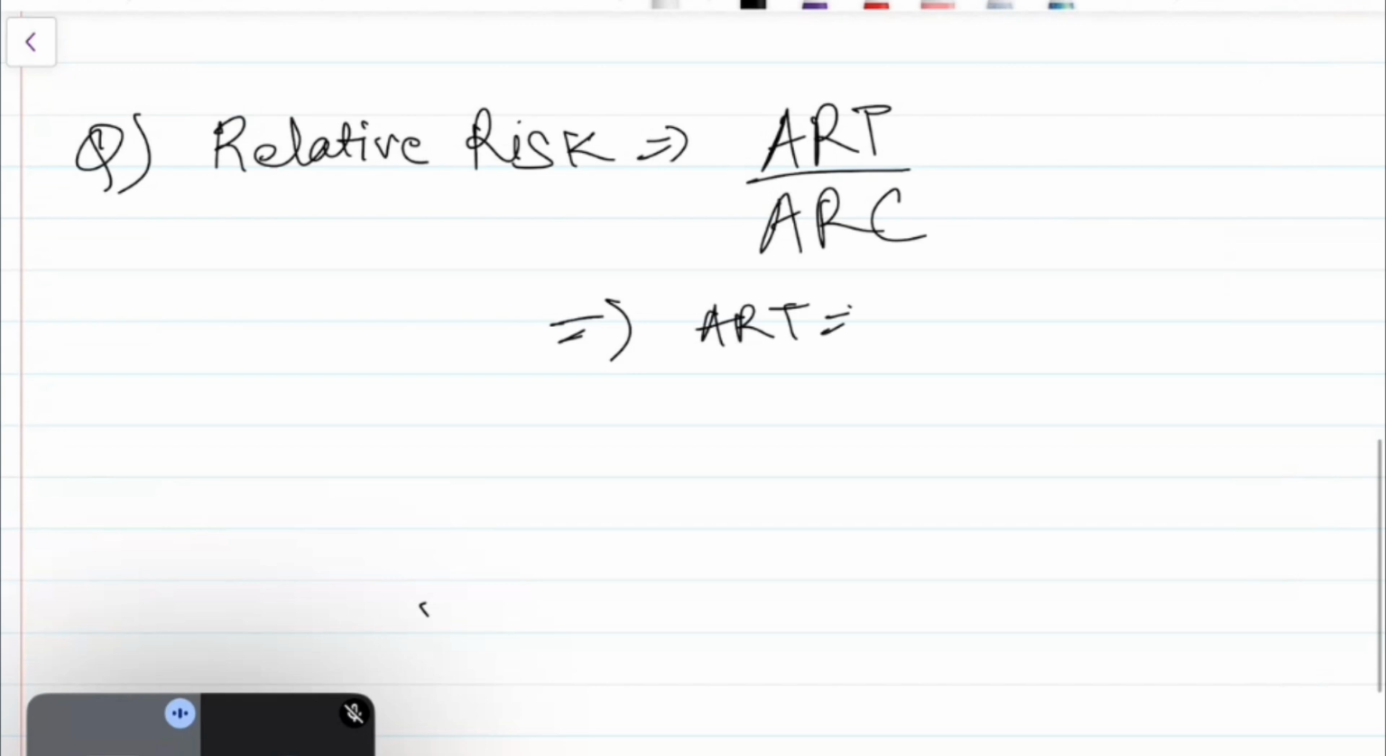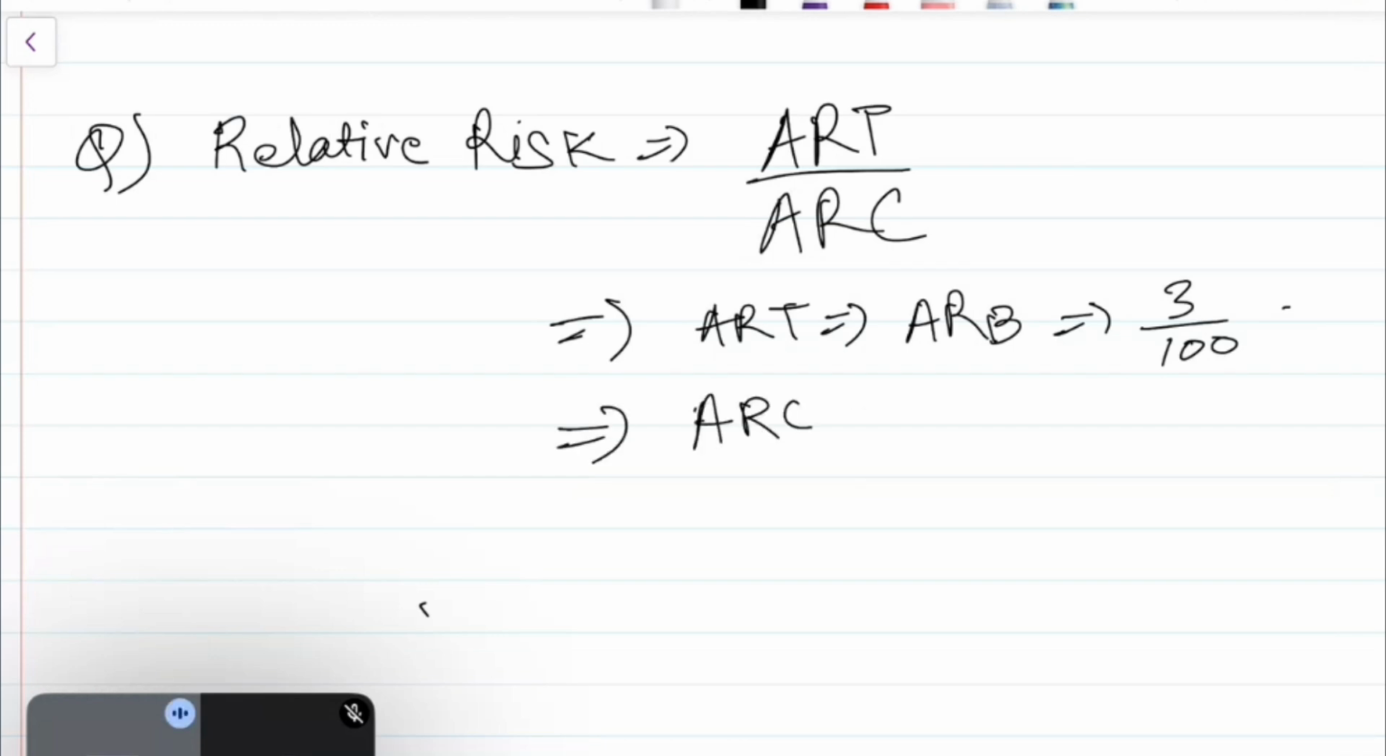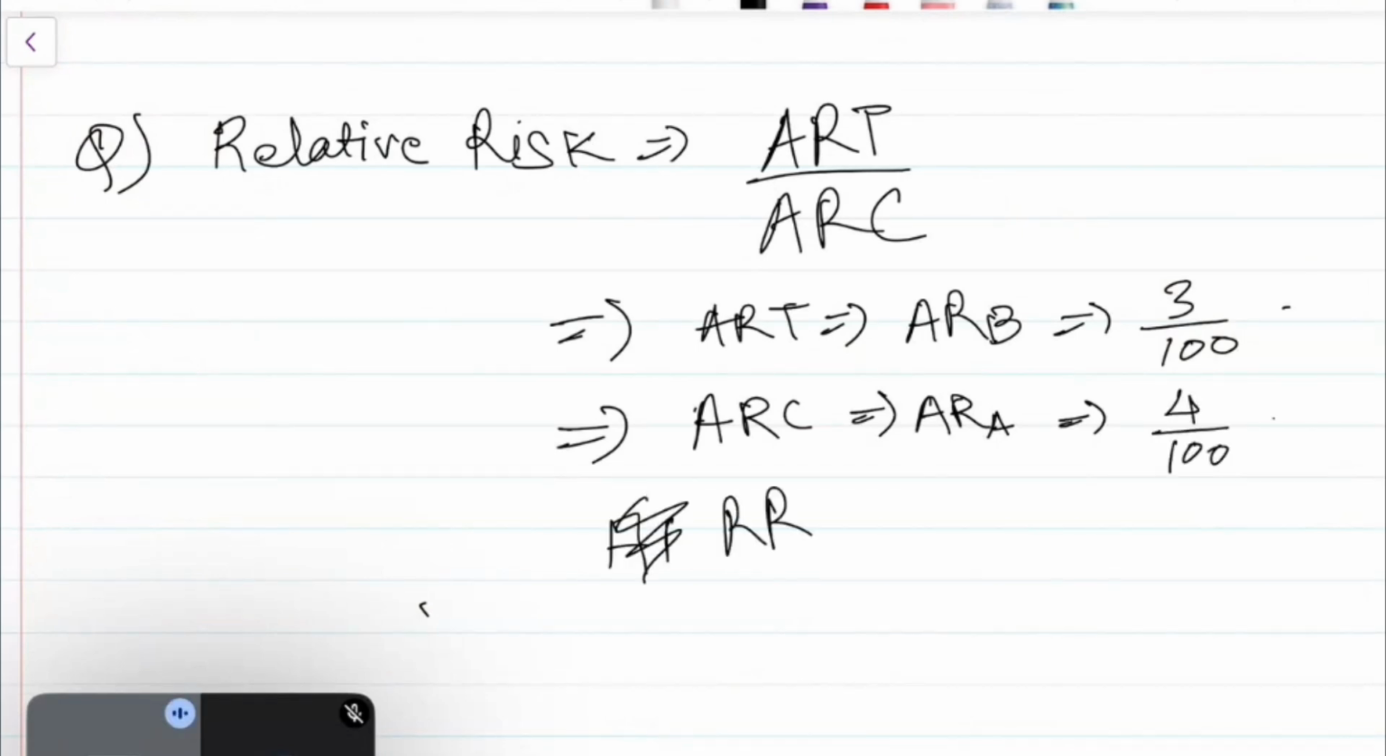ART is technically ARB, which is treatment. So it is 3 by 100. And the other group, which is ARC, which is technically ARA in total. So we know that it's 4 upon 100. Relative risk is equal to